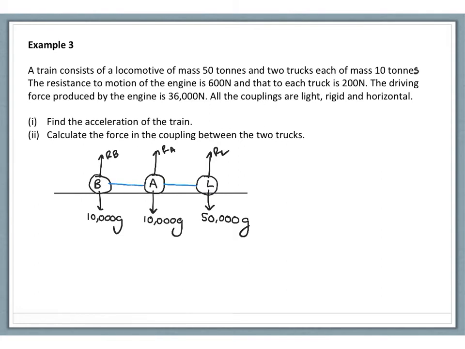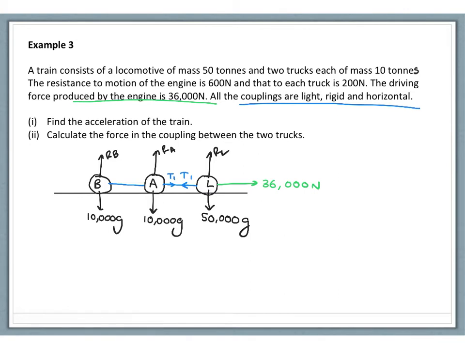Let's connect them up with these couplings, which are light, rigid, and horizontal. Now, the forward force produced by the engine is 36,000 newtons, so we should have a force in this direction, 36,000 newtons. And we're then going to need to draw in some tension forces. So there'll be a tension here, which I'll call T1, counterbalanced by a tension here, Newton's third law, equal and